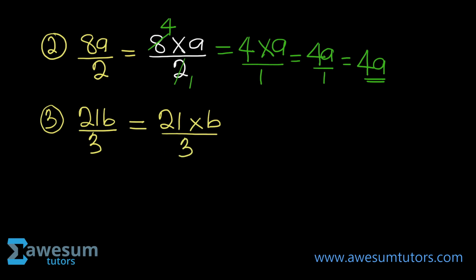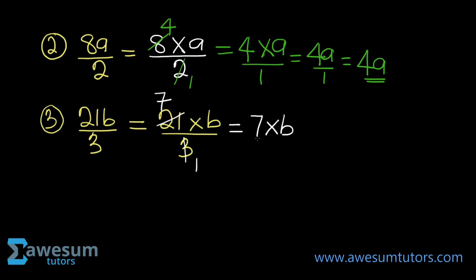Now if you take a look at this, 3 is a factor of 3 and 21. 3 in 3 is 1, 3 in 21 is 7. So at the end of the day, I would have 7 times b,